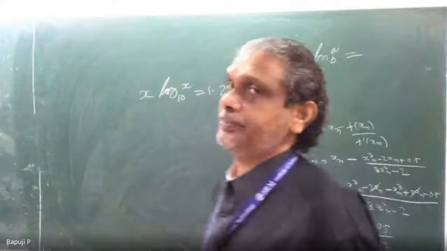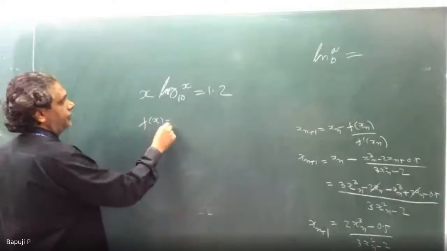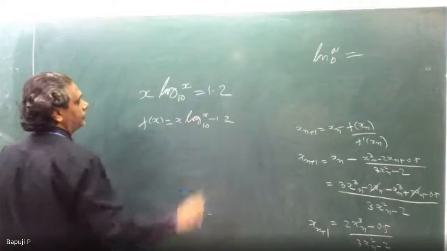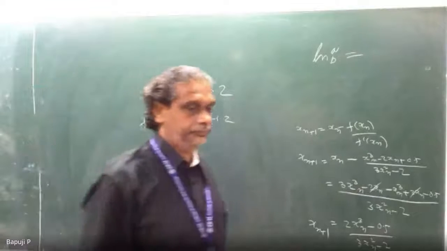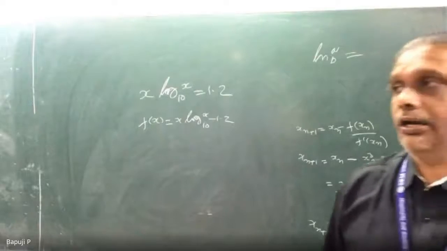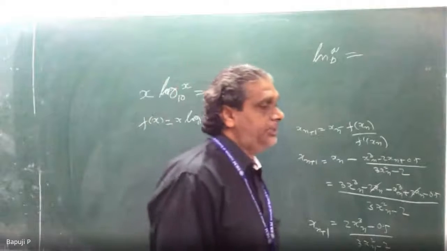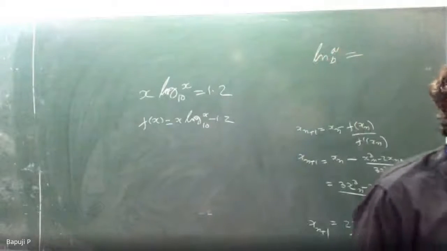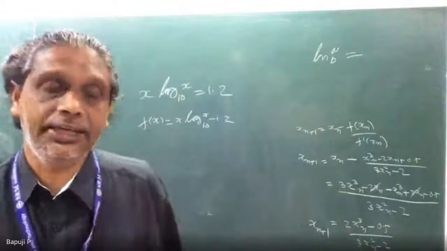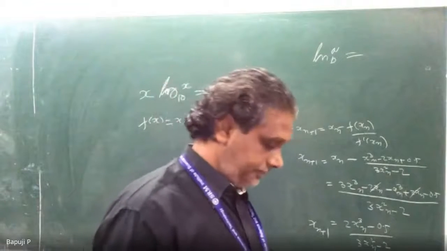This is a very dangerous problem. What is my f of x? Is there base 10 actually? In your calculator you can use LOG. But anywhere, if I am not mentioning the base, you can take it for granted that the base is e. What is the difference between base e and base 10? What are their names? Base e is what? Base 10 is what?